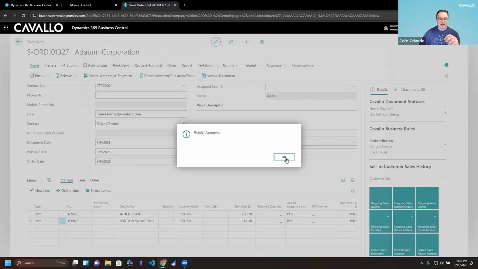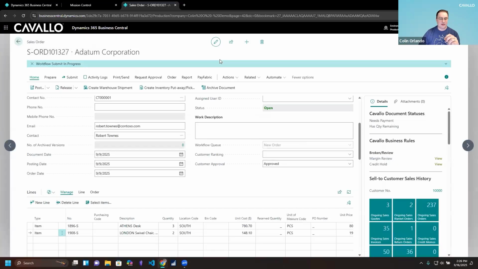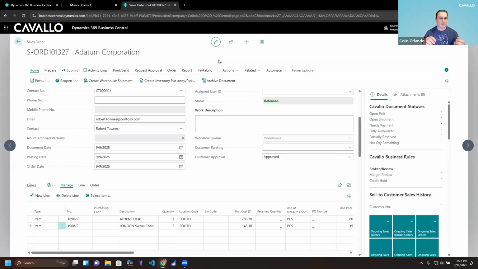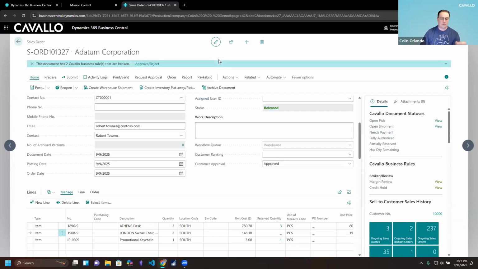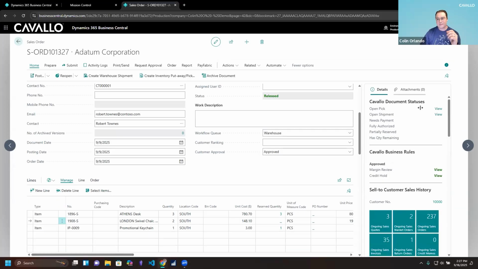And what's going to happen here is exactly what we discussed in the beginning of the webinar. So this is going to go from my new order queue into my warehouse, and it's going to run a number of automations. Things like automatically adding my promo item, reserving the inventory, authorizing my card, creating the warehouse pick and ship document in one click rather than needing to do all of these individual pieces themselves. And you can see here on the right hand side of my screen, all of these different processes have happened. And as we have been alluding to, full visibility into where the order is at any given point.